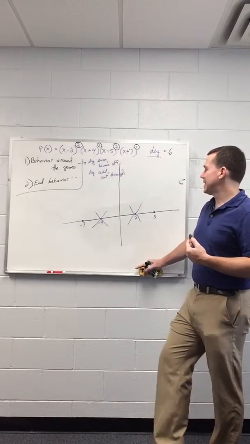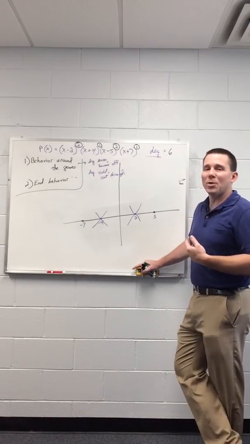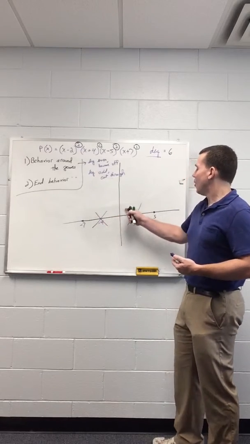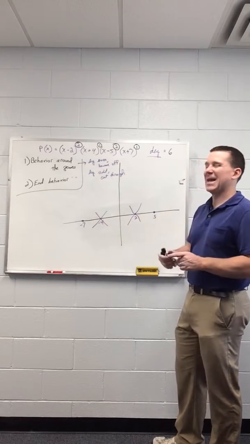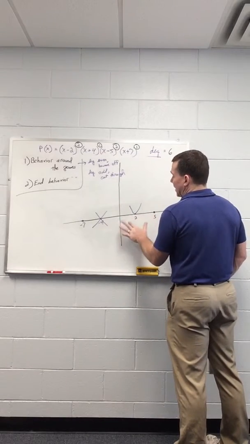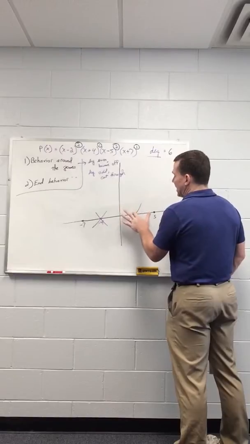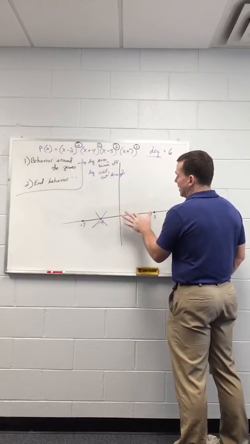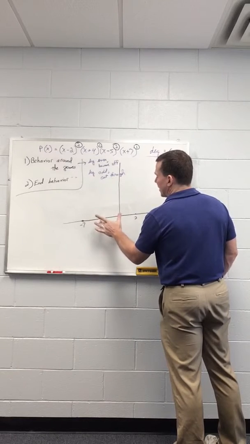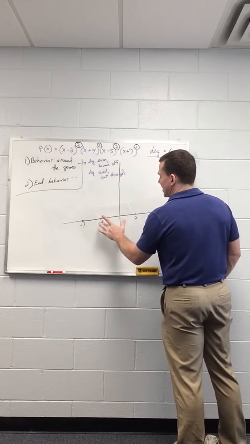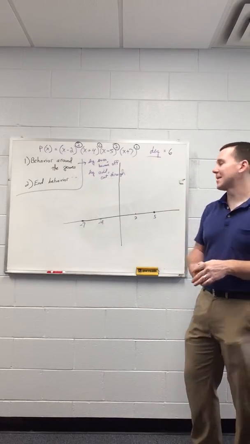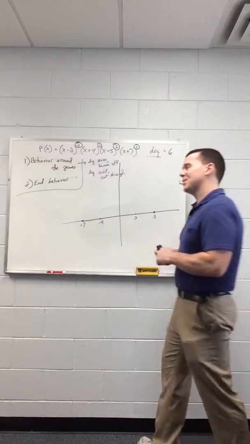The only problem is, I don't really know which way this looks. I don't know if I should be going negative to positive, positive to negative, or if this should look like that, or like that. One thing I could do is to simply plug in a bunch of points, get an idea of where the graph is positive and negative, and then I'd understand better how to graph it. But for the purposes of this, we're going to do something else. We're going to look at the end behavior of the graph. And as it turns out,